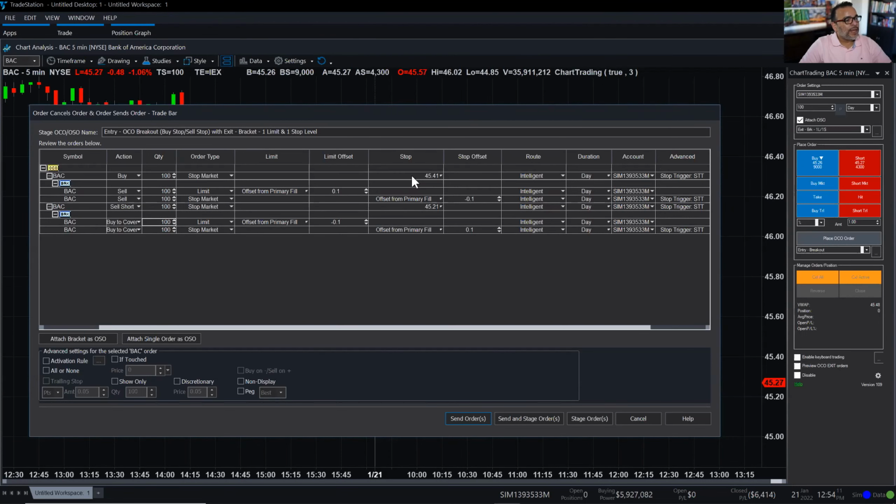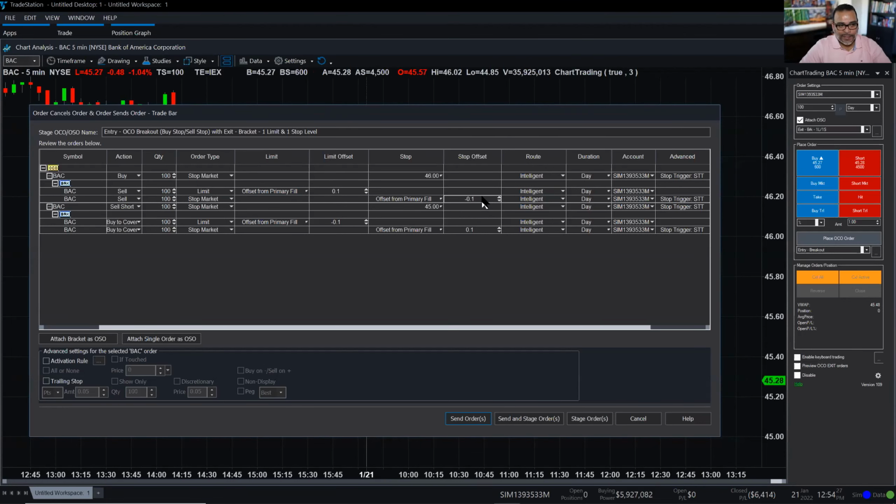And for my buy order, again, I wanted 46. For the sell short, I wanted 45. I got my offsets here. So for my target, I have 10 cents and 10 cents. So it does use the same default, but you can use the same offsets, or you can put in specific prices too. That's another thing that